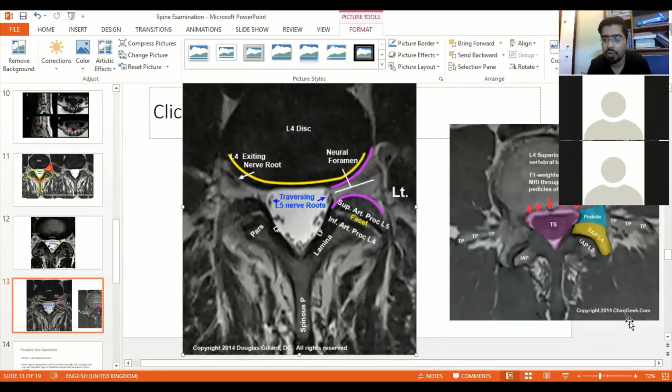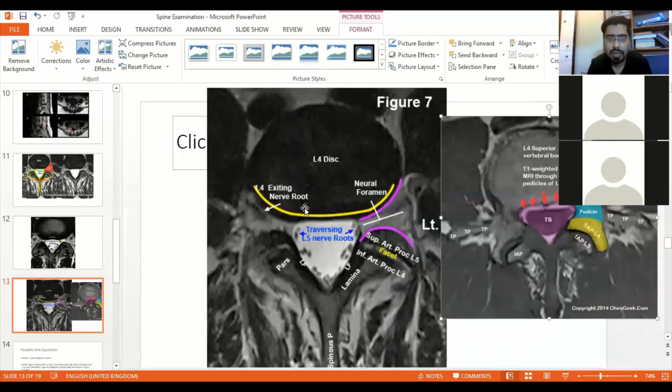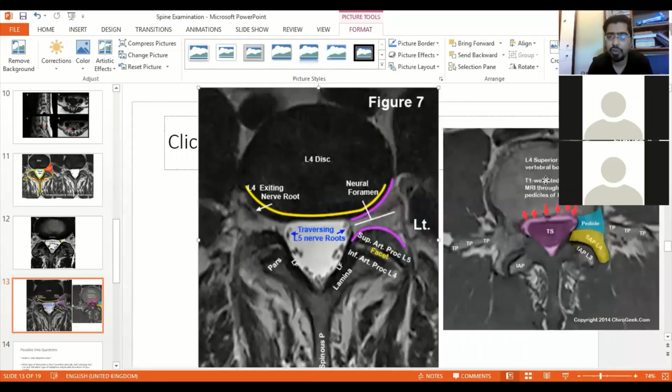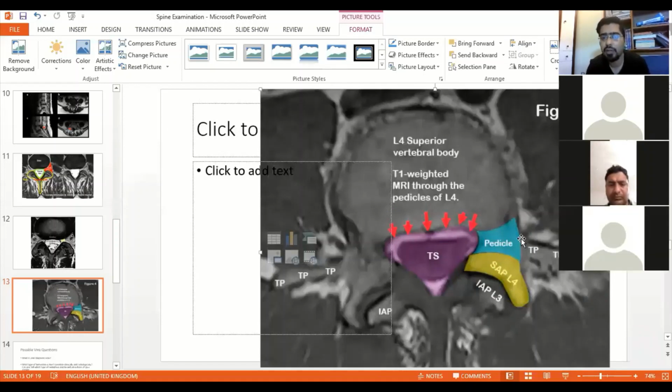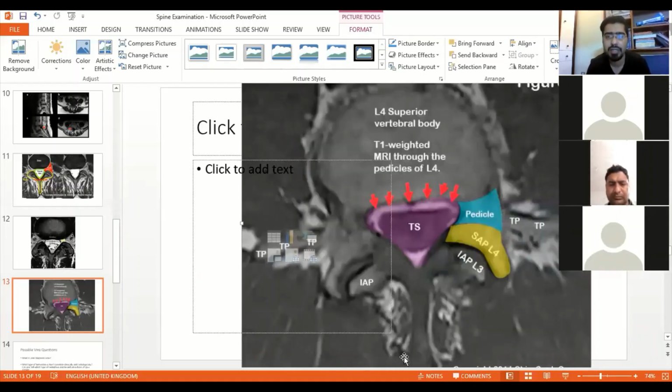Now coming on to this, let me delete it and let me show you this one. So you see, L4 superior vertebral body. This is the pedicle, superior articular process, inferior articular process, traversing nerve root, and this is the spinous process. So let's move